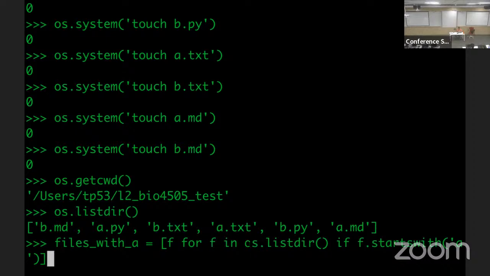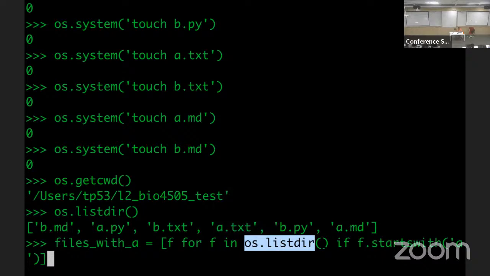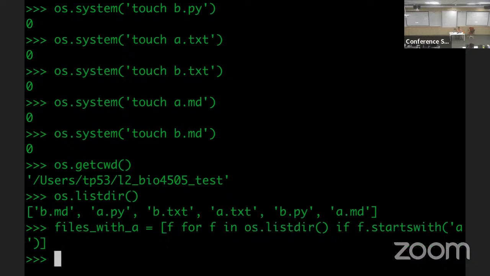So I'm saying run this, whatever you will get a list from this, iterate through that list. As you iterate, whatever you call it f, apply this condition to f that f should start with A, right? And I enclose this in square brackets, right? So if I now type files with A,